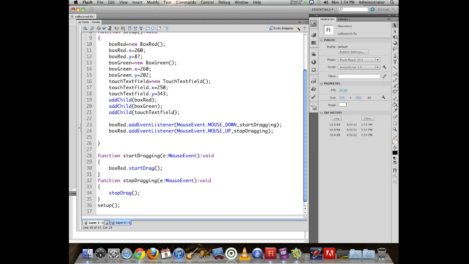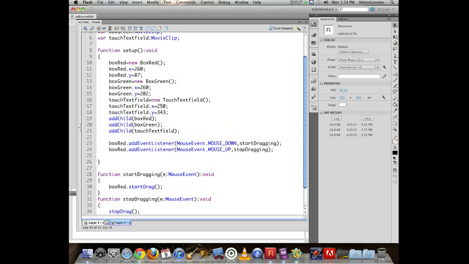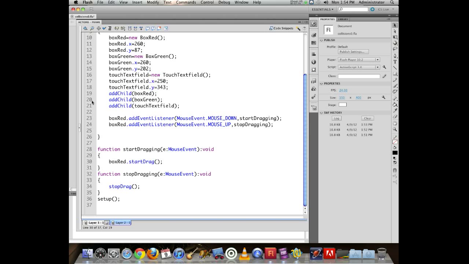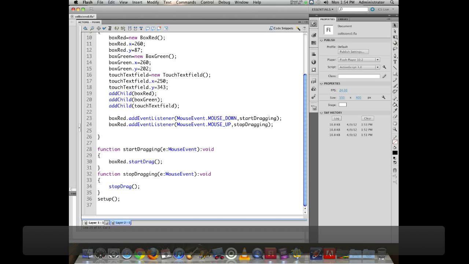So at this point, it's draggable. I let go of the mouse, it stops dragging. So I'm off to a good start. The next thing that I want to have happen is I want to update the text inside my text field so that it's going to indicate whether the red box is touching the green box or not. So with that, we need to start checking for something every frame, and when we get a positive result on that, then I need to